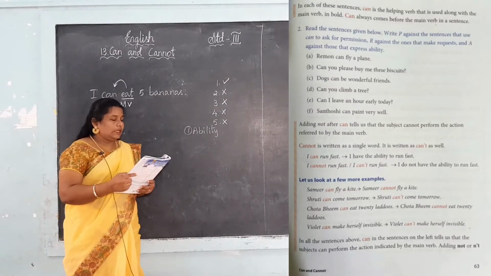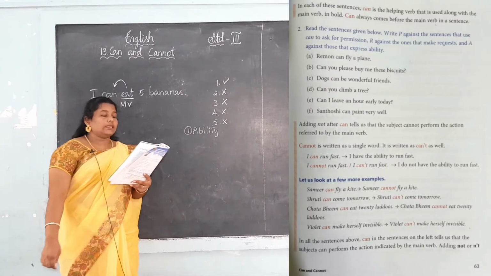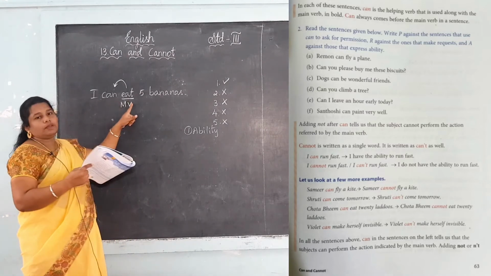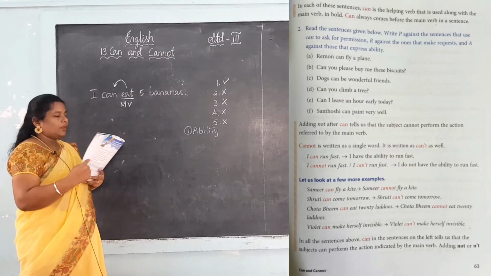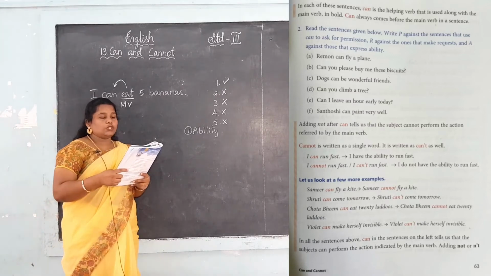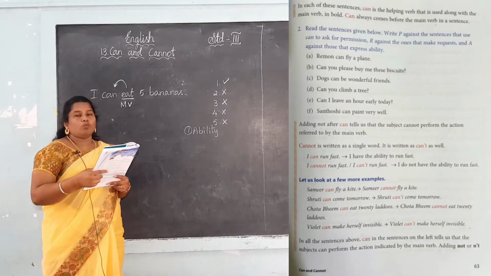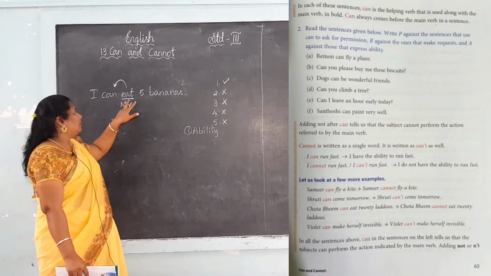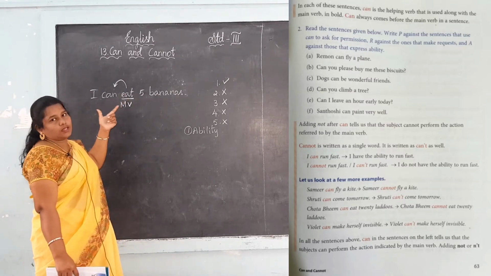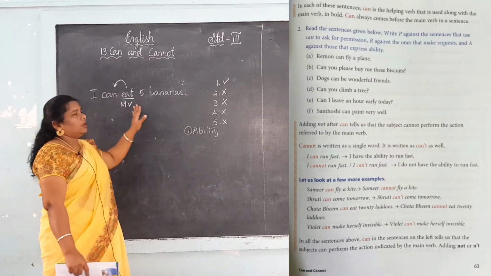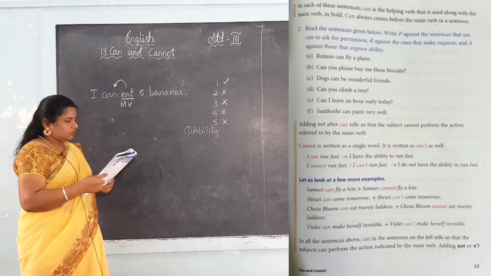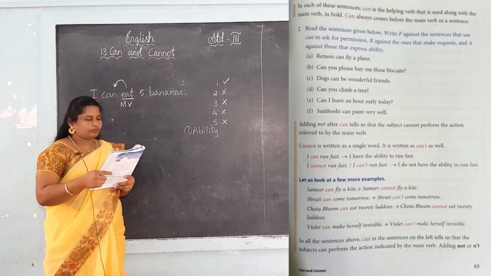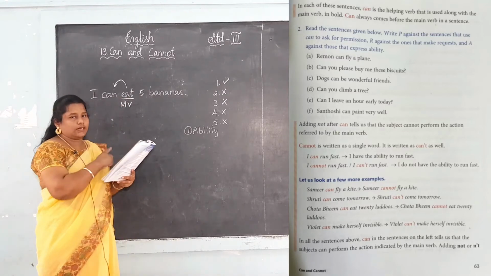See, in each of these sentences, can is the helping verb. See, this acts as the helping verb of the main verb. Okay, helping verb that is used along with the main verb in bold. Okay, helping verb na enaduna main verb ku help panni varradhu. Okay va, help panni vandaduna idu helping verb. See, so can is the helping verb, it is before the main verb of the sentence, already I told.